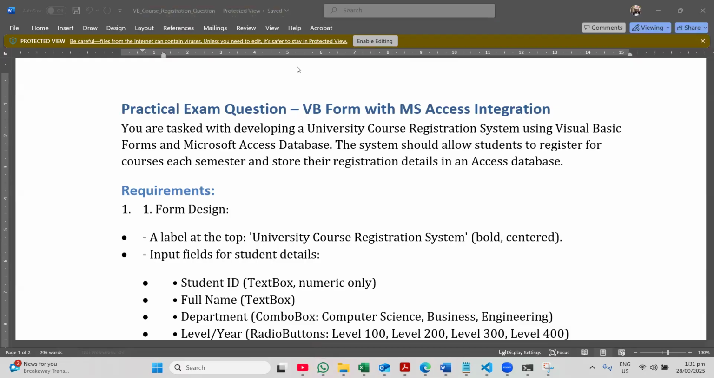Okay, so practical examination question. Maybe formed with MS Access integration. You are tasked with developing a university course registration system using Visual Basic Forms and Microsoft Access database. The system should allow students to register for courses each semester and store their registration details in an Access database. Requirements: